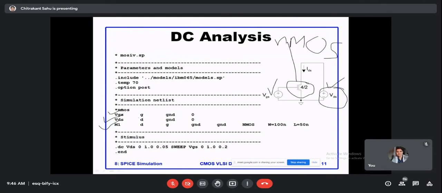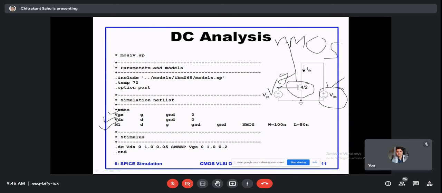How to define a MOSFET is very, very important. So how to define a voltage source? We'll take an example. This is the plus terminal, this is node G. I am using any node name; you can use X, Y, Z, or you can write your own name for the node, without space. That is our convention.